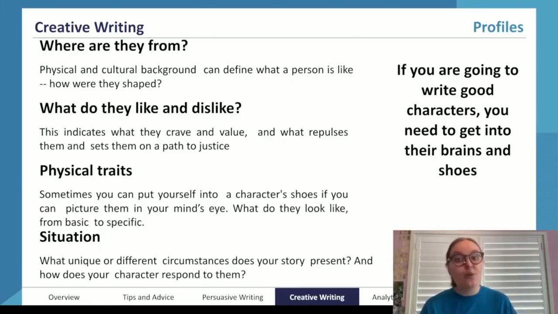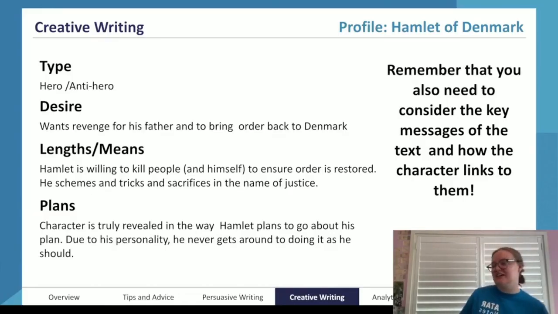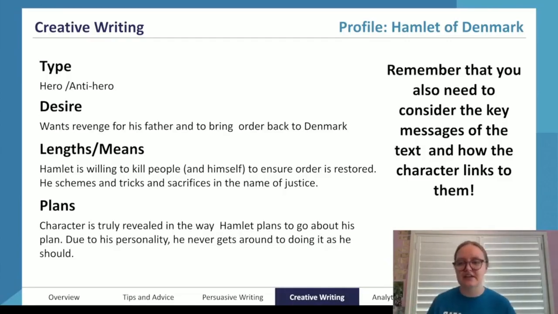All right. We're going to take another little moment for an activity now. We're going to take 5 minutes, and I want you to pick a character from your favorite movie or TV show or book, and I want you to come up with a little bit of a profile for them like this one for Hamlet. So what type of character are they? Are they the hero? Are they the antagonist? Are they a sidekick character? Are they a love interest? What kind of character are they?